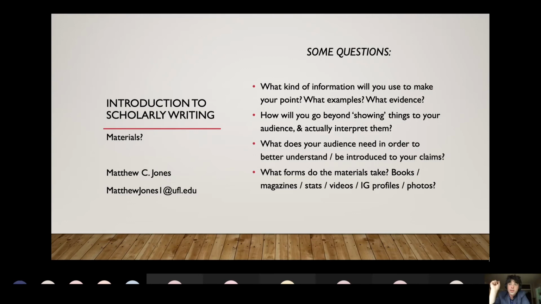We live in the world of social media. You can quote somebody's Instagram profile. You can quote their Facebook. You can bring in a photograph and say, this is why this is important. Could you imagine wanting to write an essay on fake news disseminated over Facebook, but then not quote any fake news on Facebook, right? You can think outside of the box.